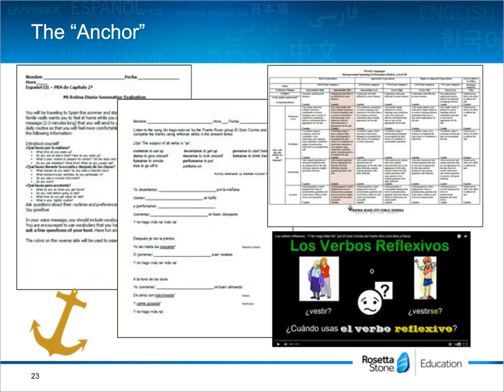In the anchor, the final I would use as a summative assessment is the performance-based assessment. In this one in particular, the students had to have a dialogue with a friend, and they have no idea who the person is going to be that I select for them. They have lots of opportunities to practice, and using the blended learning approach gives them those different practices.